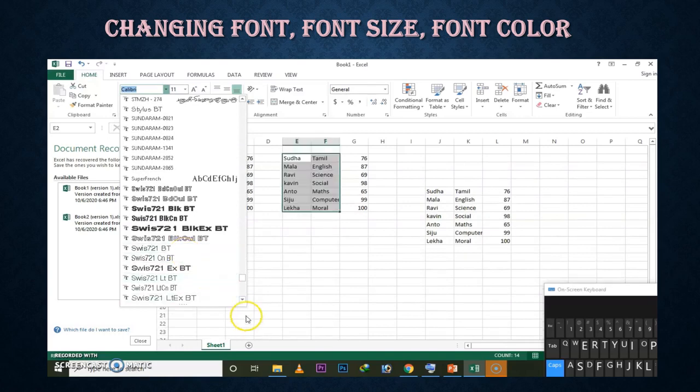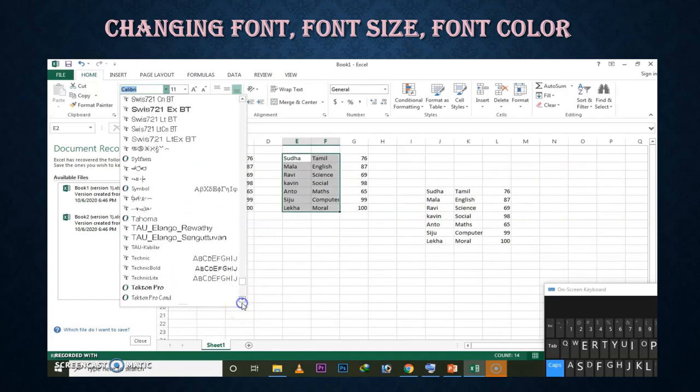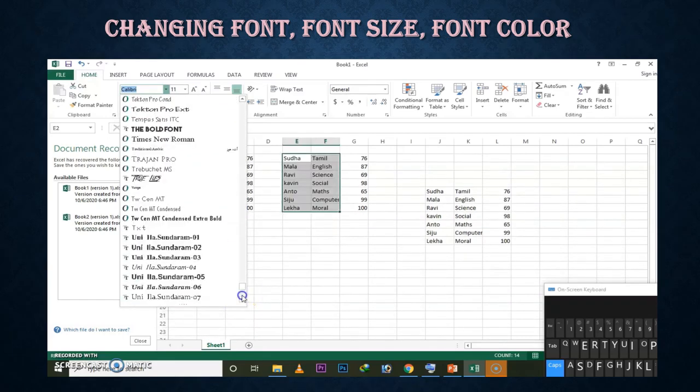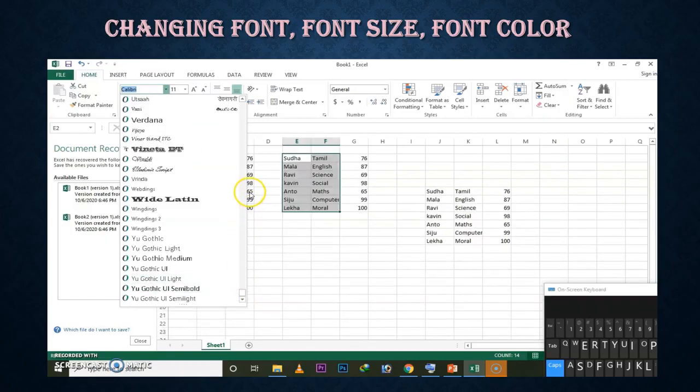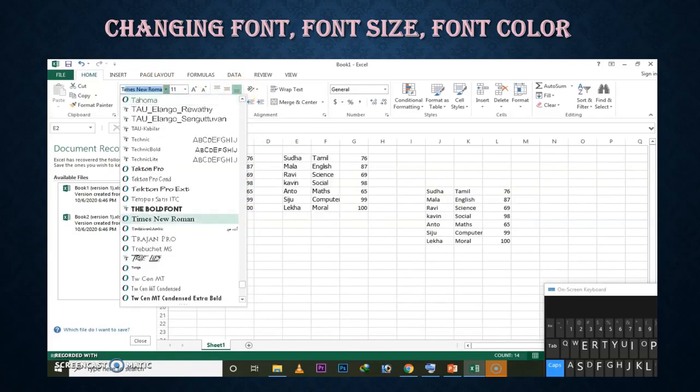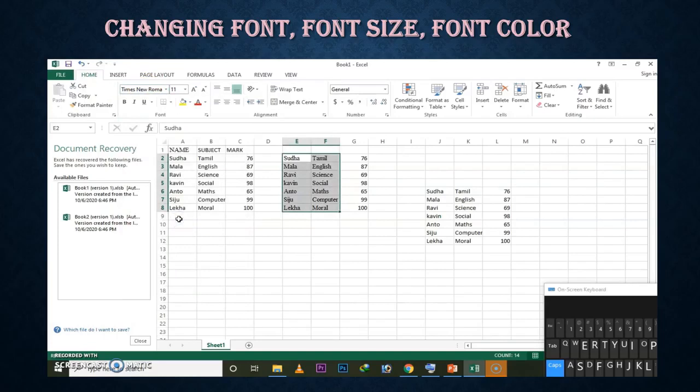Once you type it, after that you can change the font style. Mostly for data we give Times New Roman, only this style. That's all about the font style.